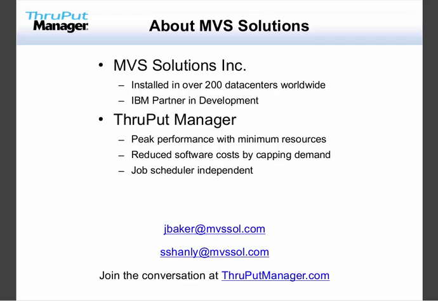Is there monitoring that indicates when ThruPut Manager dynamically constrains the batch workloads, and likewise when those constraints are lifted? Yeah, absolutely. There are messages that are issued